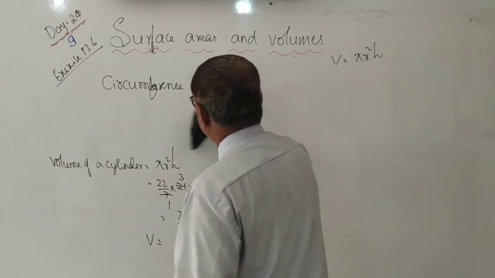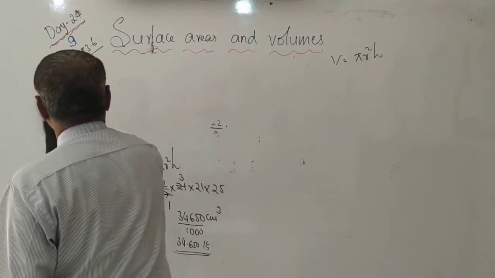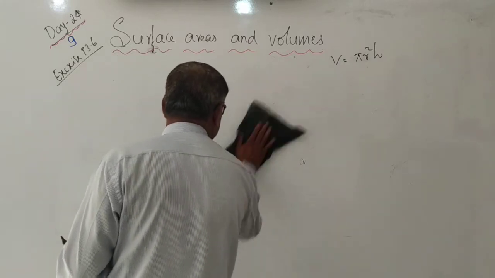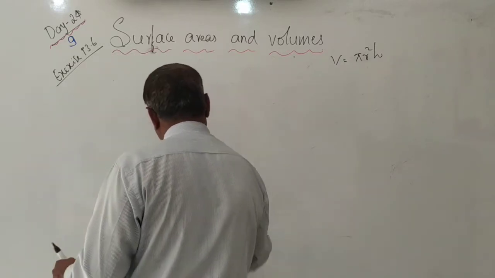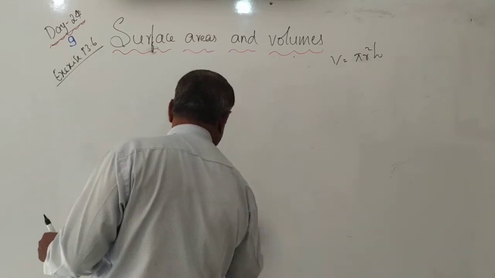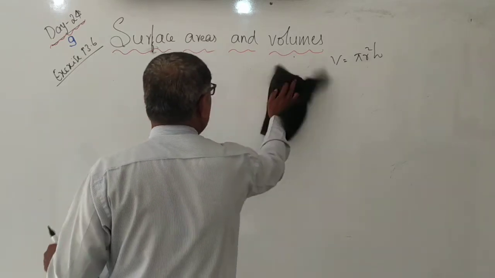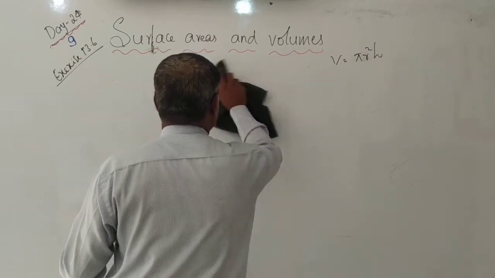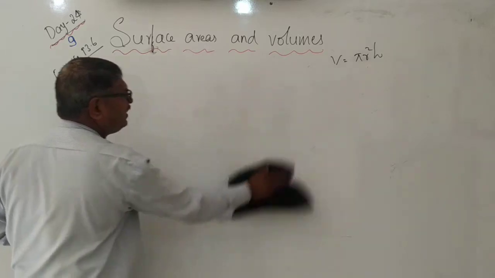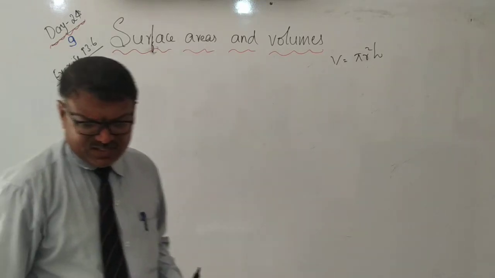So problems are very simple. You should understand the meaning. Hold, capacity, these all come under volume only. Okay? Yes. Painting and tin required or metal required to make a certain figure is nothing but total surface area.